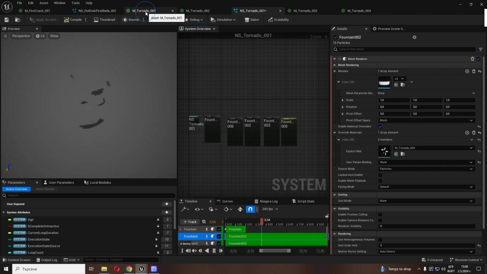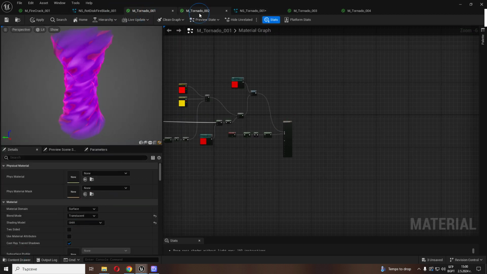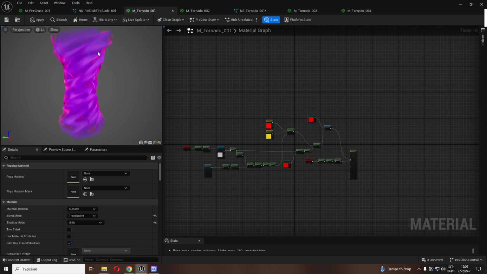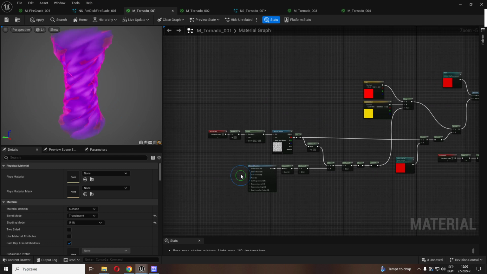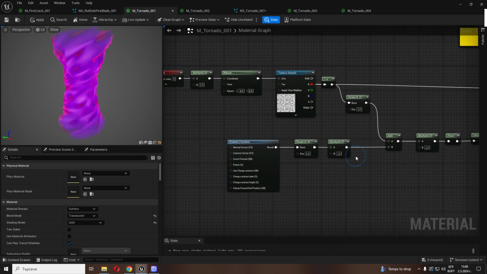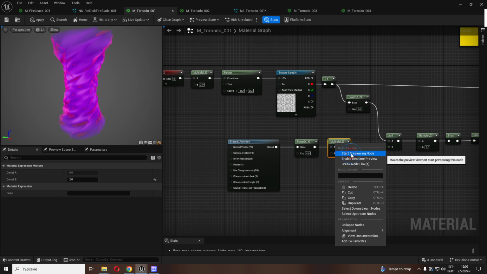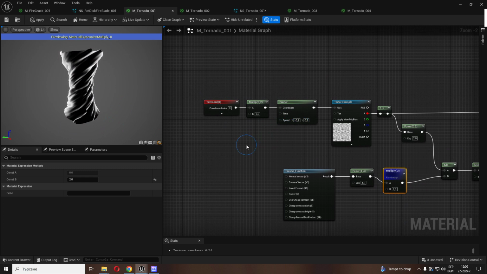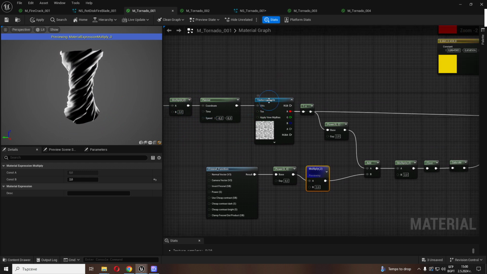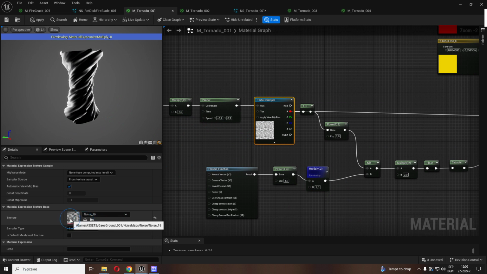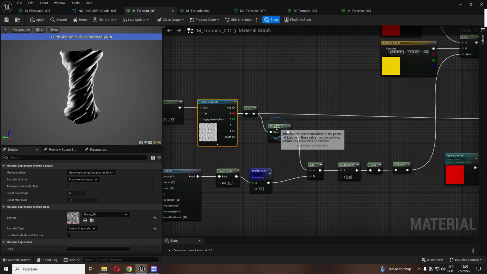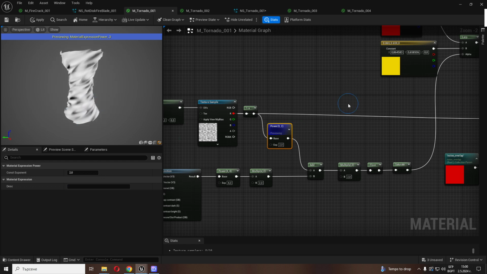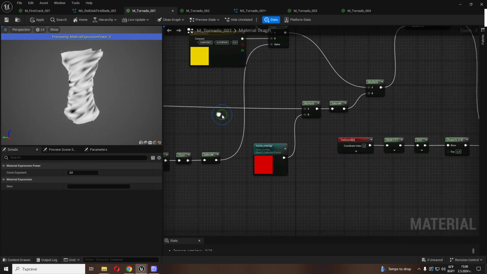I use for this tornado, I think, 4 materials. This is the first one. The first one is for the center of our tornado. We use these two colors. We use a Fresnel function to have this mask in the middle, and we use, as usual, the noise map for this effect. And in the end we will use